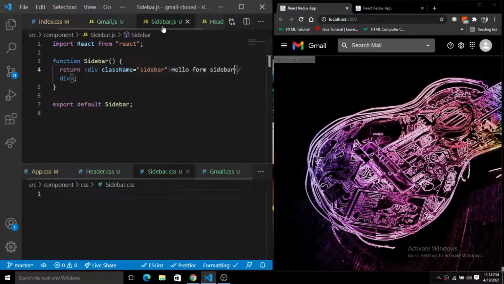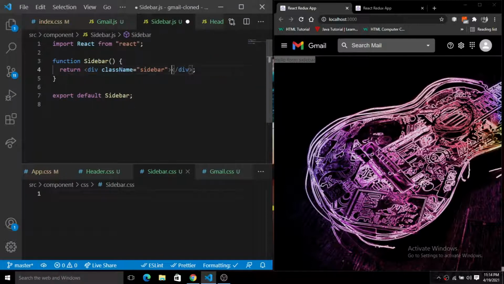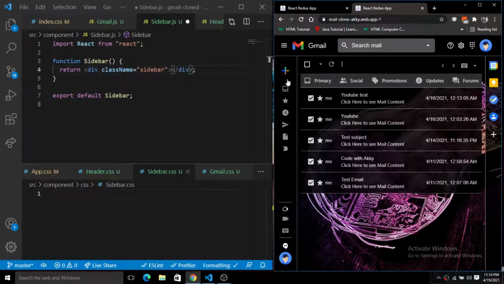First of all, I'm just going to create a component of this sidebar. So let's grab this sidebar.js component from there, and just do the coding in the sidebar.js. What we are going to do, first of all, we have to build these things, right? So all these icons, I'm going to simply import all the icons one by one, so that's why it will take some time. I'm going to simply paste everything, and will simply show you which icon I'm using here.